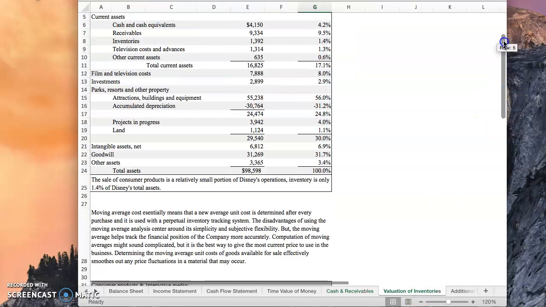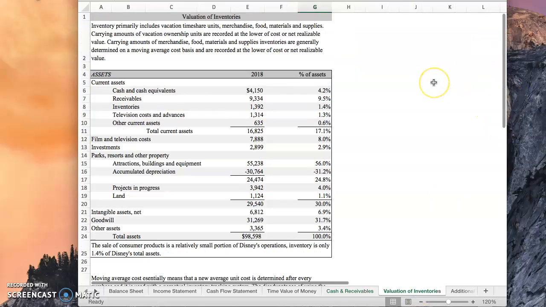Valuation of inventories. So inventory primarily includes vacation timeshares, merchandise, food materials, and supplies. Carrying amounts of vacation ownership units are recorded at the lower of cost or net realizable value, while carrying amounts of merchandise, food materials, and supplies are generally determined on a moving average cost basis and are recorded at the lower of cost or net realizable value. Here we can see that the sale of consumer products is a relatively small portion of Disney's operations,